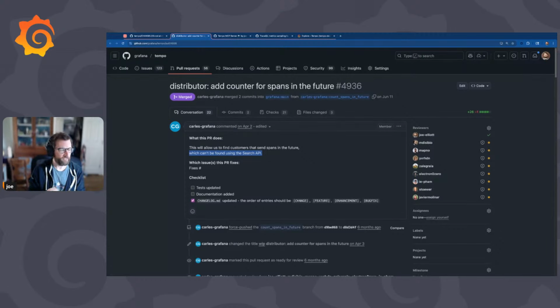we should maybe make a README somewhere about them. But there's a handful of metrics in Tempo designed to give feedback about trace quality. And one of the things is sometimes people just create bizarre spans with timestamps in the future or timestamps 2 years in the past. So this is a set of counters. It says future only, but it's a set of counters